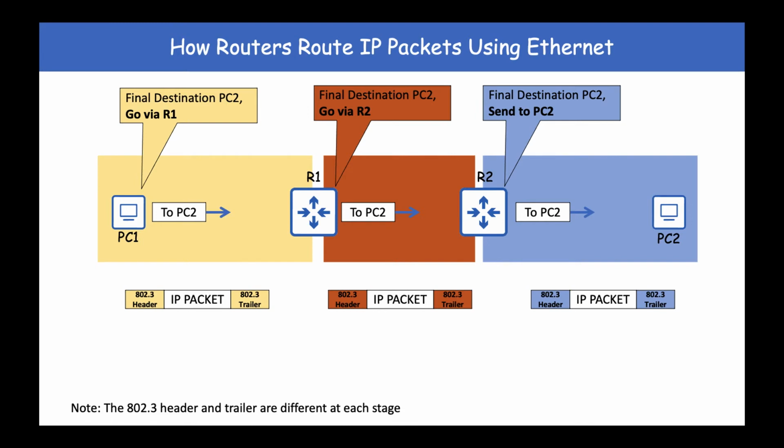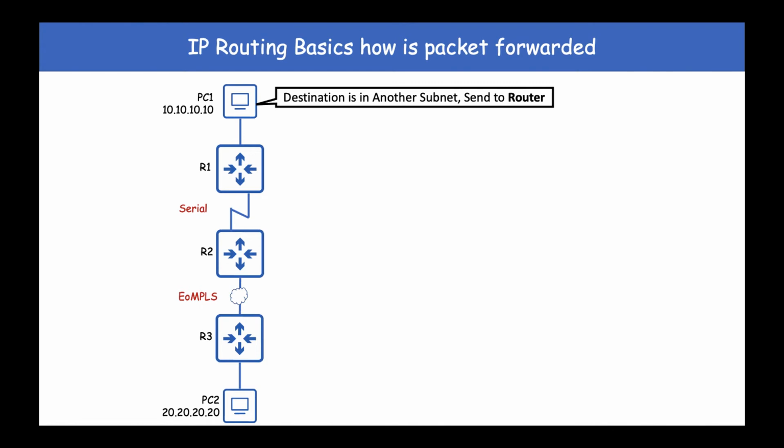However, when PC1 is sending the packet to PC2, IP routing is involved. PC1, which has an IP of 10.10.10.10, while sending the packet to PC2, which is 20.20.20.20, understands that the packet is destined for another subnet. Therefore, a router has to get involved. If you remember from the first video, the function of the router is to route packets between different subnets or different networks. So PC1 understands that this destination is of a different subnet, and it extends the packet to its default router or the